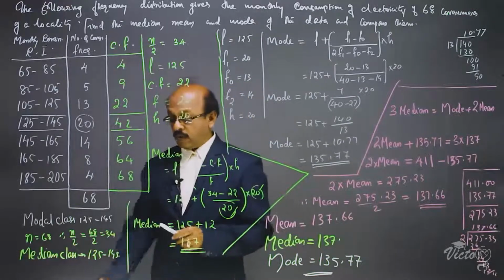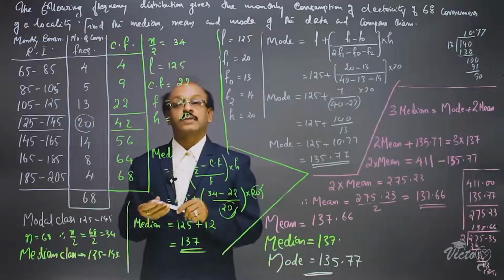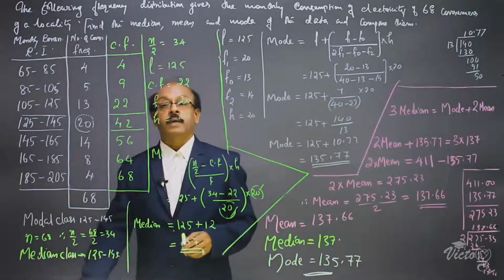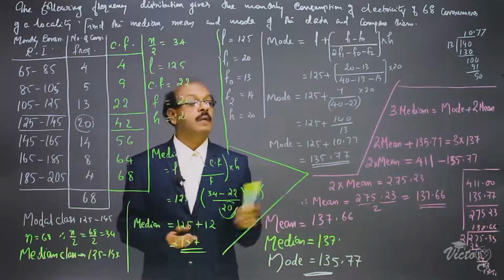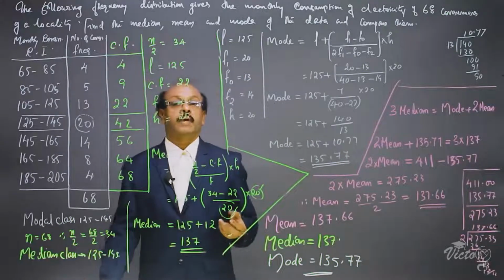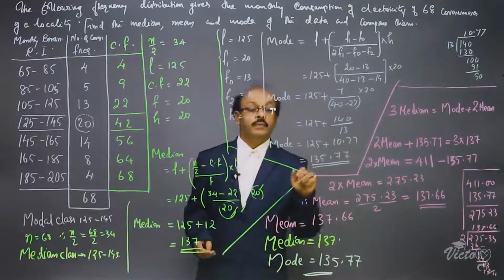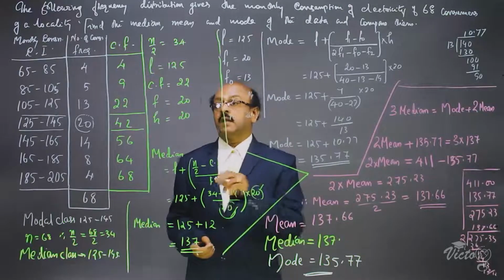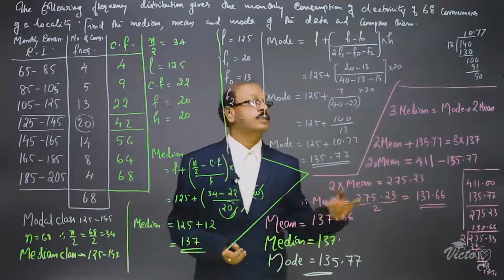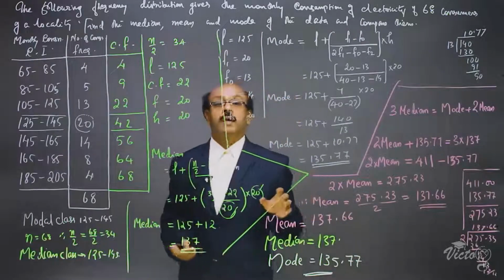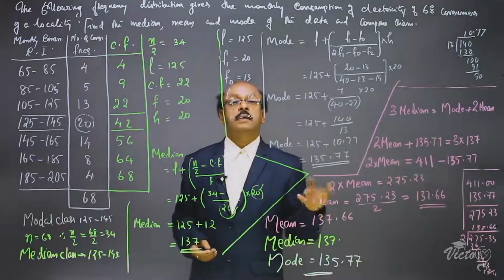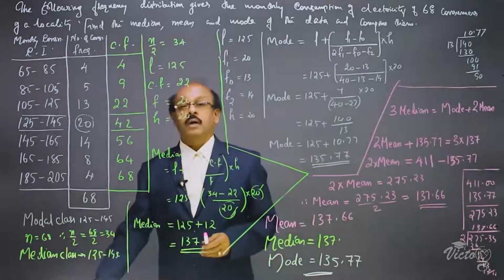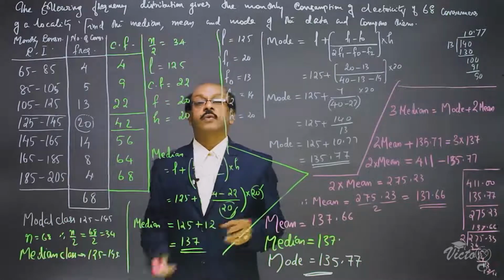We found only two of them using the formula from the table, and the third one we obtained from the empirical formula. We can find any two of the given three, mean, median and mod, using the table, and find the third one using the empirical formula. So the empirical formula is very useful for finding the third measure of central tendency. So study this type of questions and you can use it in the board exam.